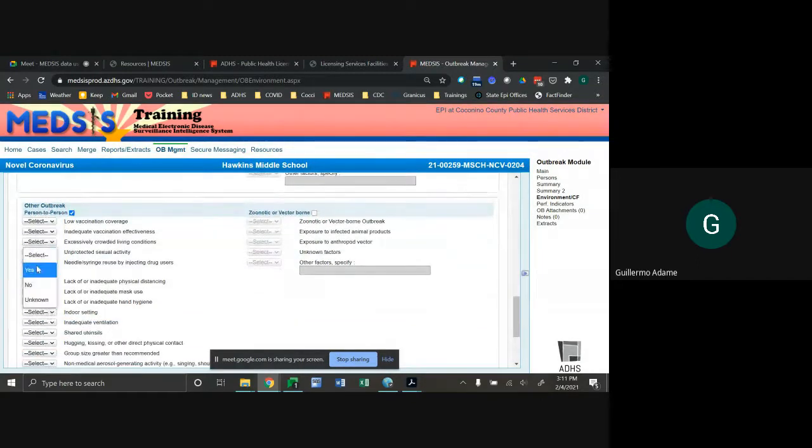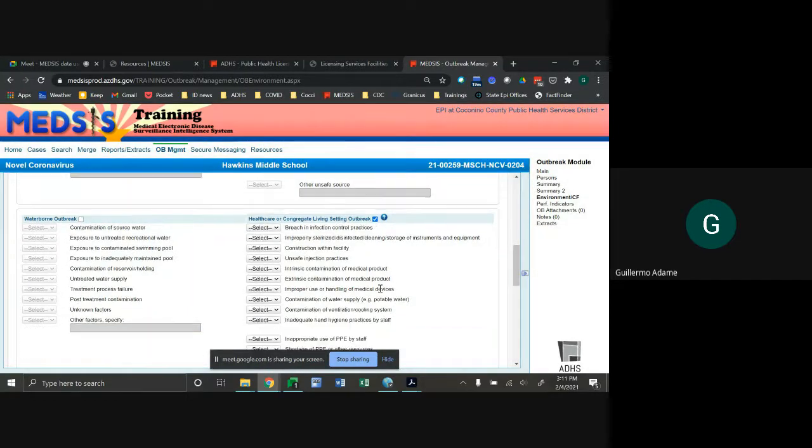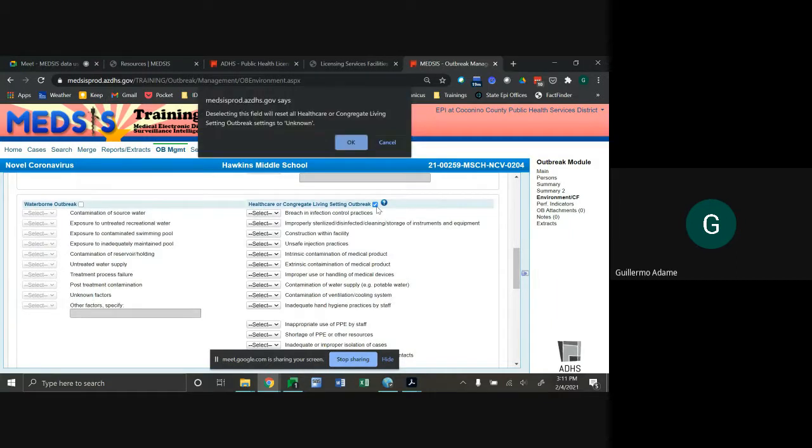And again, select all that apply. We also have changed nosocomial outbreaks to this label here, healthcare or congregate living settings outbreak. So of course you can check this for COVID-19 as well, and do all that you need. We're in the middle school, so we're not going to do that one.